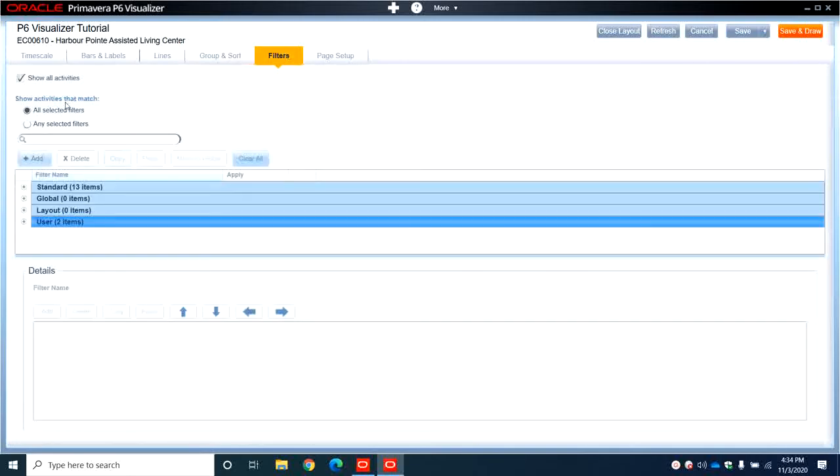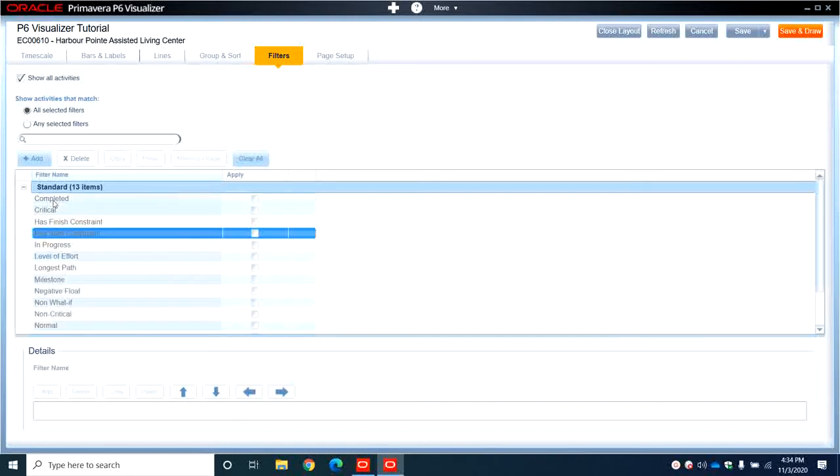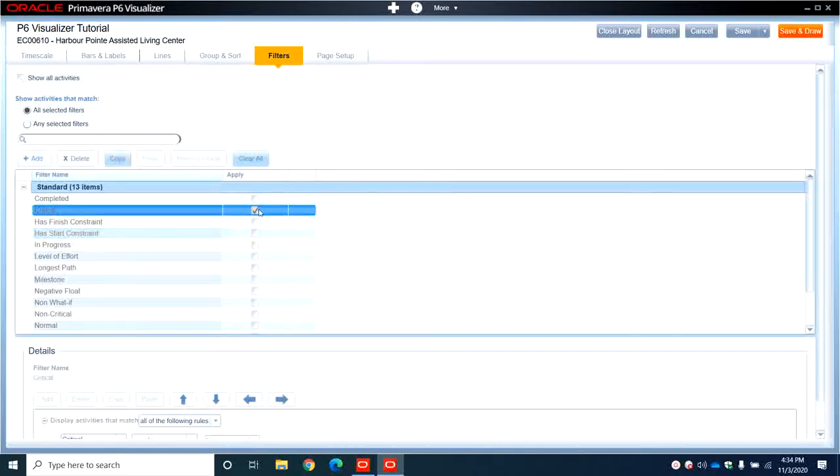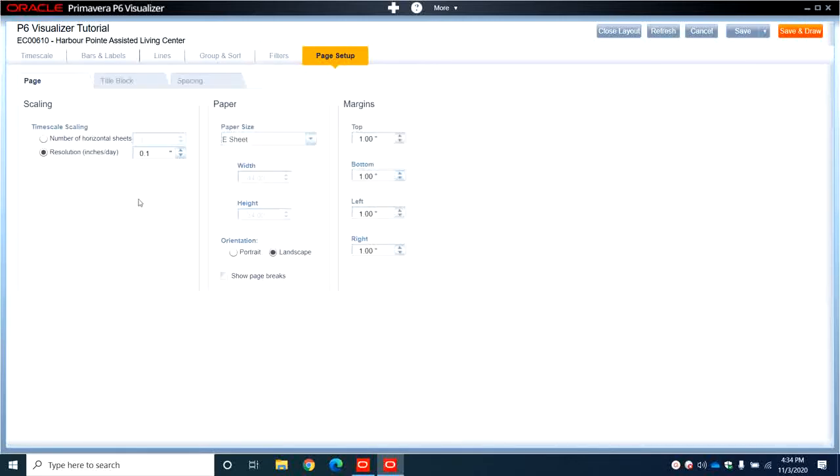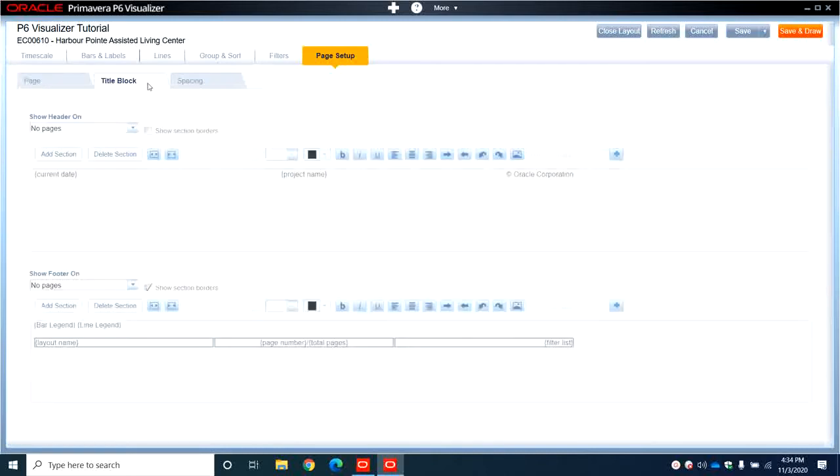You can add filters, you can create filters. For example, there is the standard. So for example, you want to show only critical, so then all selected filters, or you can keep all activities, show all activities. And the page setup. So now it's showing resolution, inches per day, and title block,